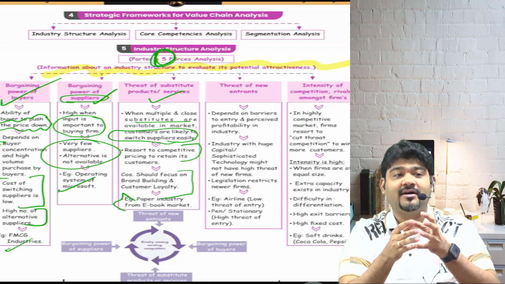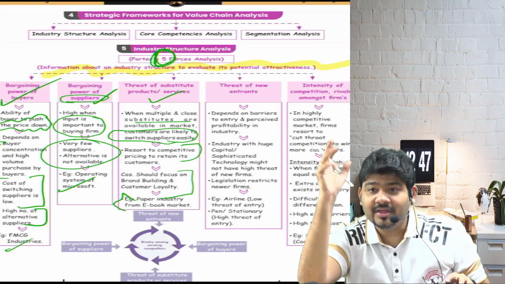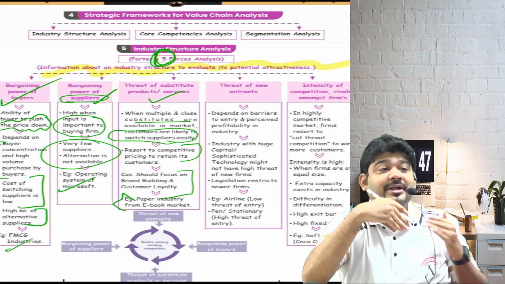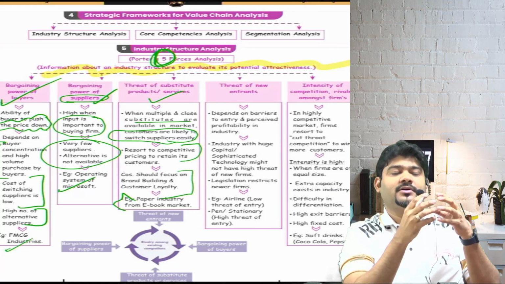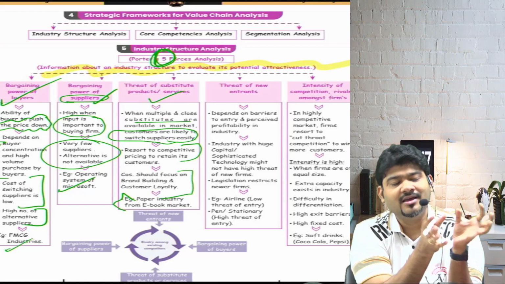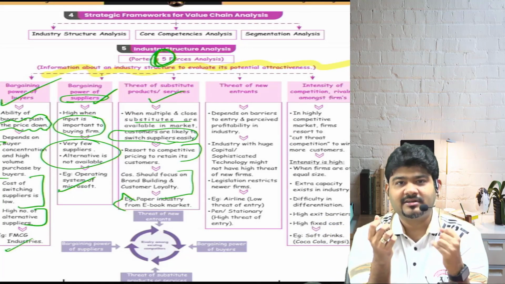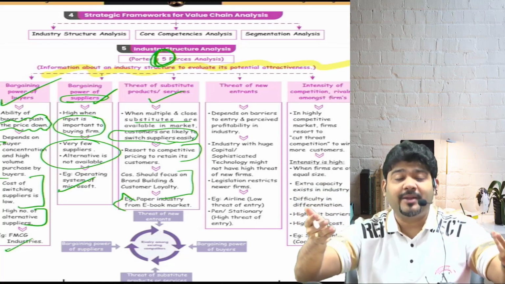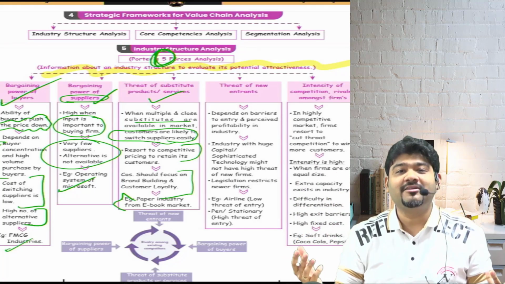So the digital camera will be substituted by the mobile phone itself. Are you clear what a threat of a substitute is? It's not a competitor product, it's a substitute. If, say, a digital camera of Nikon is replaced by a digital camera of Canon, then it is competitiveness which has replaced it. Here, both the digital camera of Nikon and of Canon will be replaced not by a digital camera company but by a mobile camera.